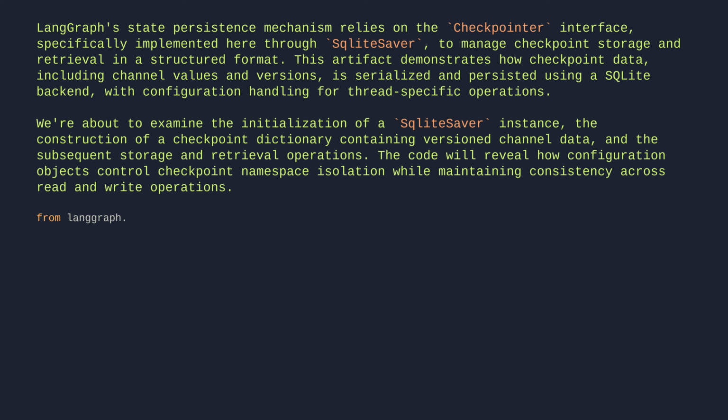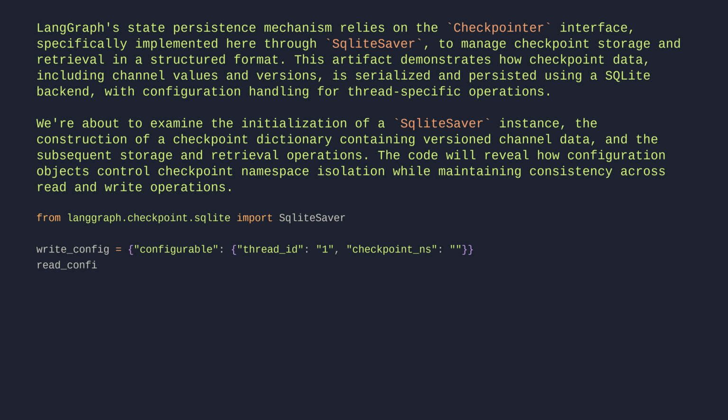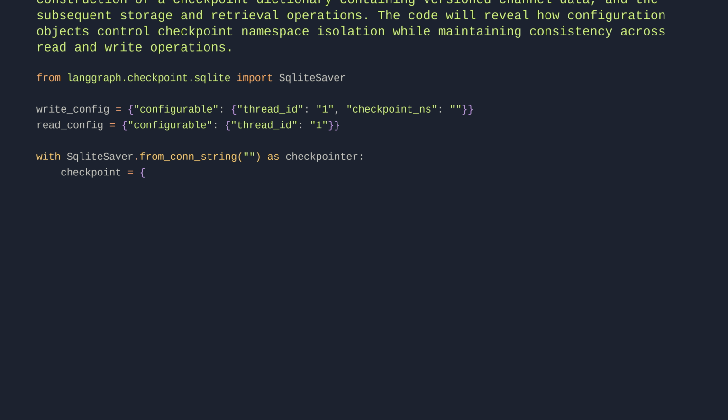From langgraph.checkpoint.sqlite import SqliteSaver. write_config = {"configurable": {"thread_id": "1", "checkpoint_ns": ""}}. read_config = {"configurable": {"thread_id": "1"}}. with SqliteSaver.from_conn_string(":memory:") as checkpointer: checkpoint = {"v": 4, "ts": "2024-07-31T20:14:19.804150+00:00",